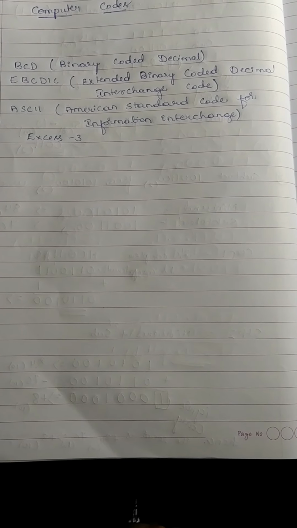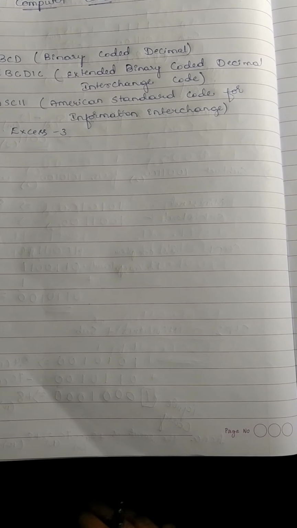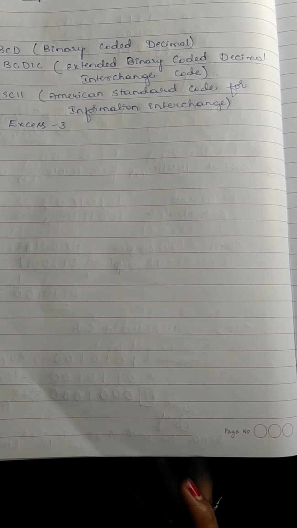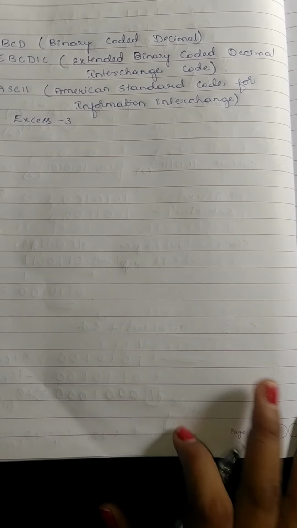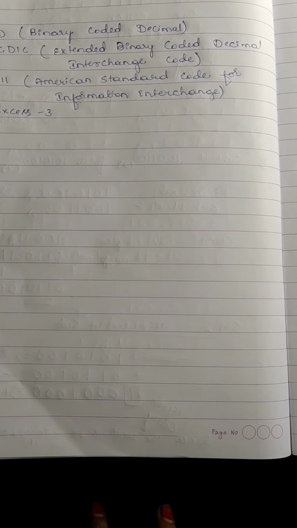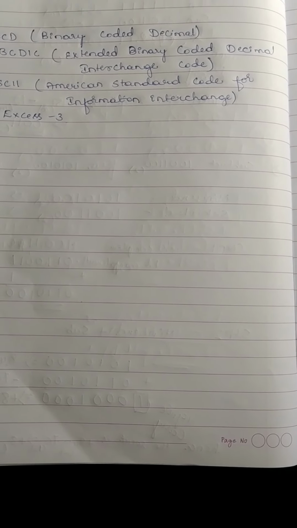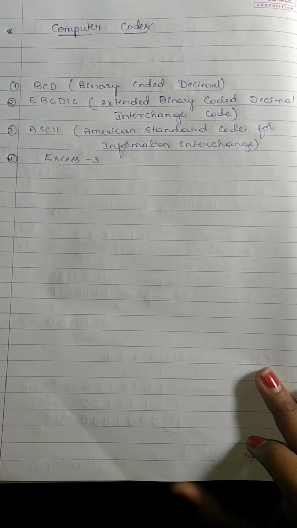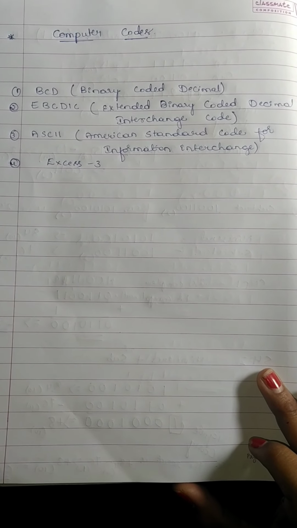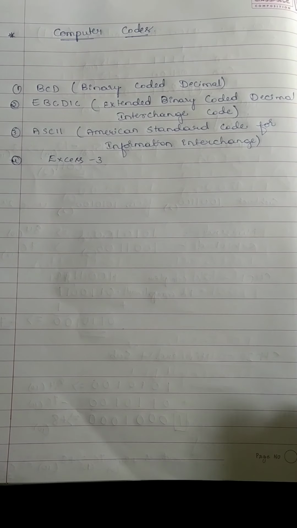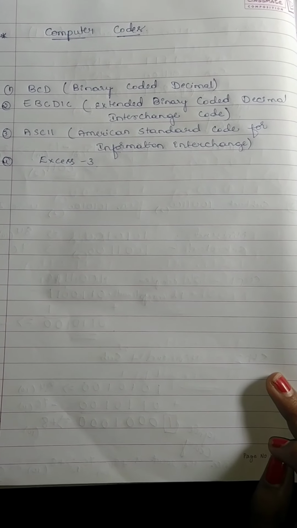That is A to Z and 0 to 9, and even special characters like plus, minus, multiplication symbol, division, etc. The representation of such data internally requires a form which is useful to the system. That means computers not only understand zeros and ones, they also handle alphanumeric, numeric and special characters like plus, minus and other exclamatory symbols like that.